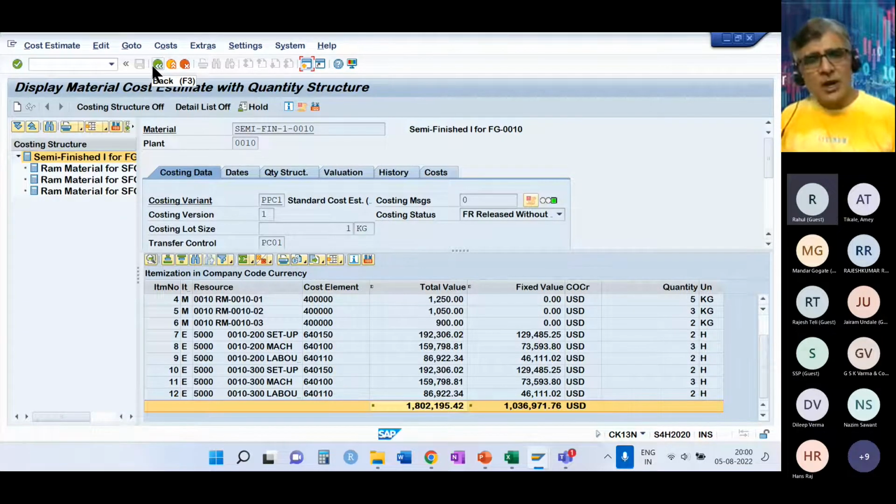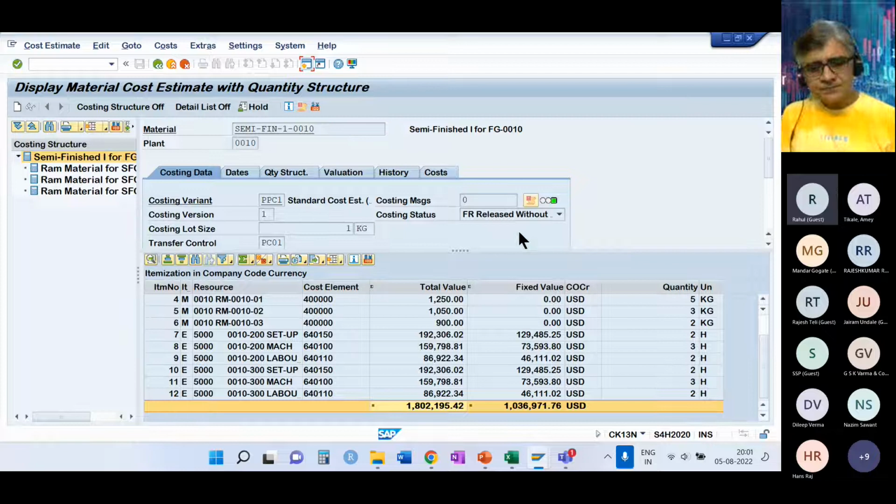Besides this, when you do a plant to plant transfer or you do any material related transfer, it always happens at the standard price or the price indicator that you set, whether it can be a variable cost or moving average price if you have done that. So depending on the price indicator, it will take the standard or the variable price for all the transactions. So that's the function of price indicator in evaluating the material in SAP.